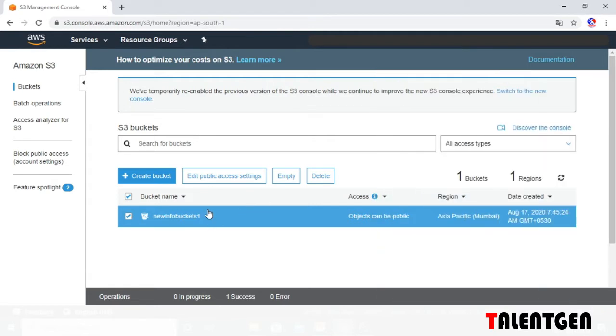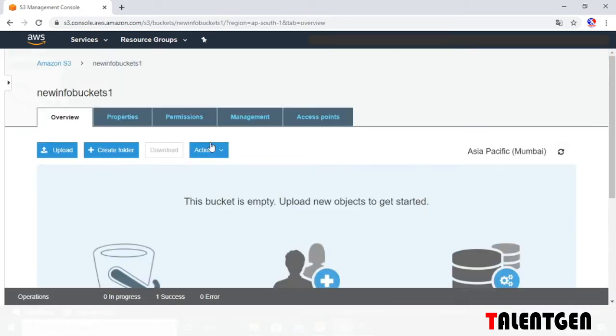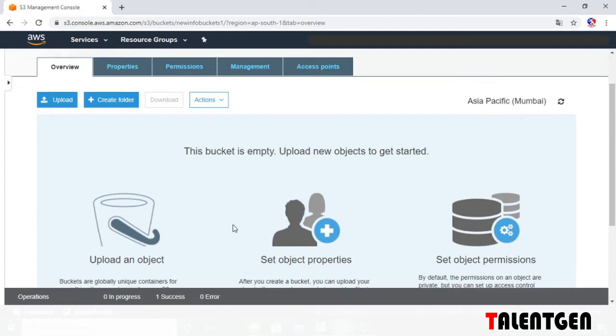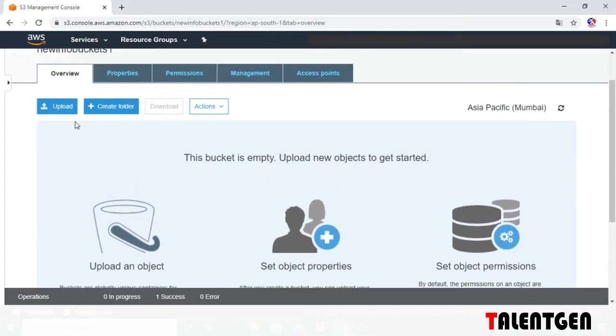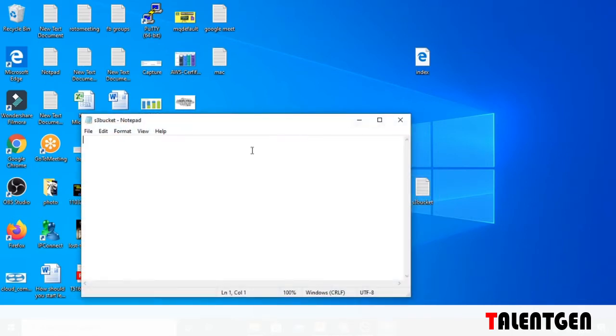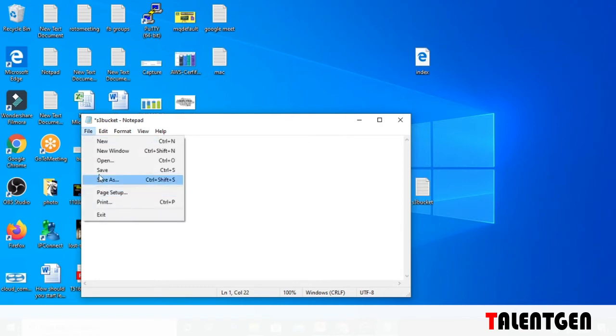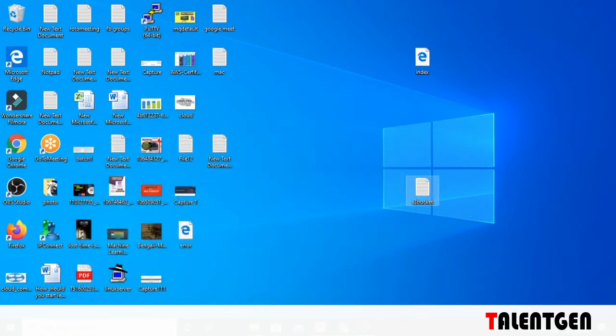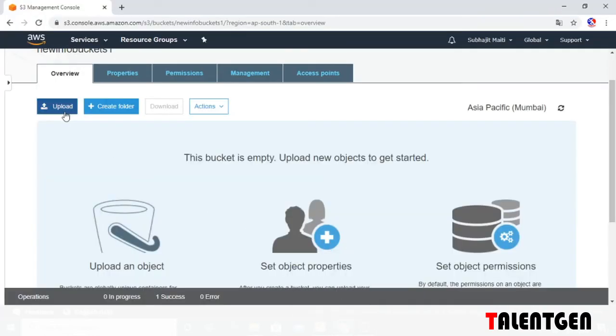Now we want to upload some object. Okay, now in the S3 bucket, type some text, Talingen, and save the file and upload it.